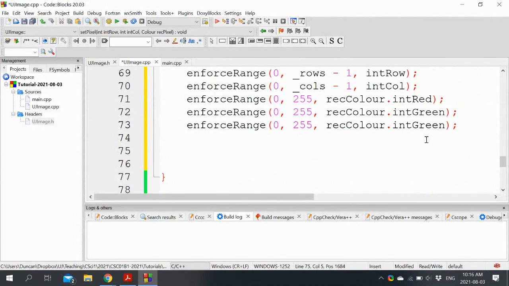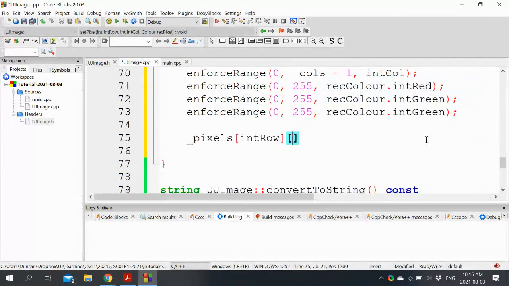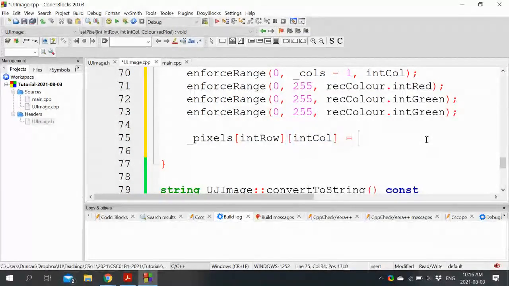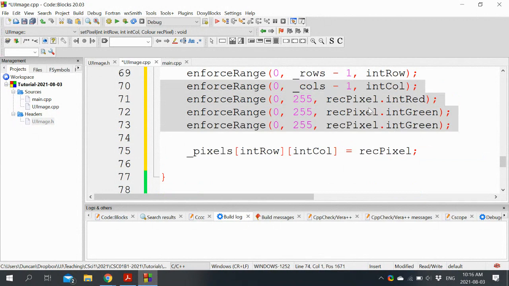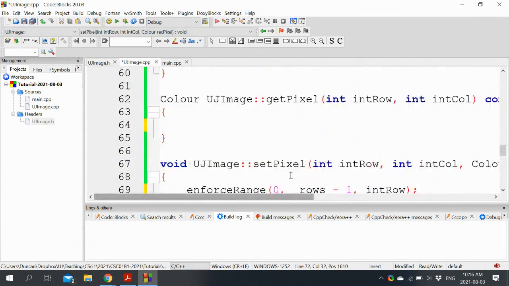But anywho, now that it's safely been tested, we can stay inside the pixels array at position int row, position int column. You will set, for whatever reason, in my wisdom, the rec pixel, and that's that.